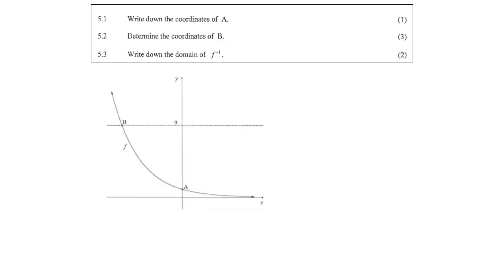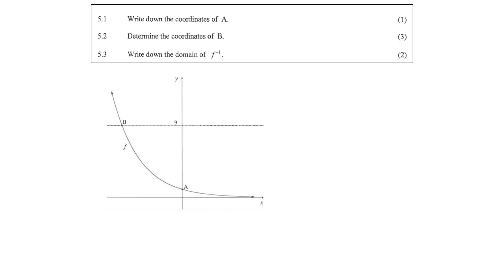We are now going to discuss questions 5.1 to 5.3. In question 5.1, students scored an average of 85%, so that was not too difficult. Question 5.2, they scored 77%, and then in question 5.3, they scored 34%. So make sure that you understand question 5.3. Let's begin. Let's look at this question.